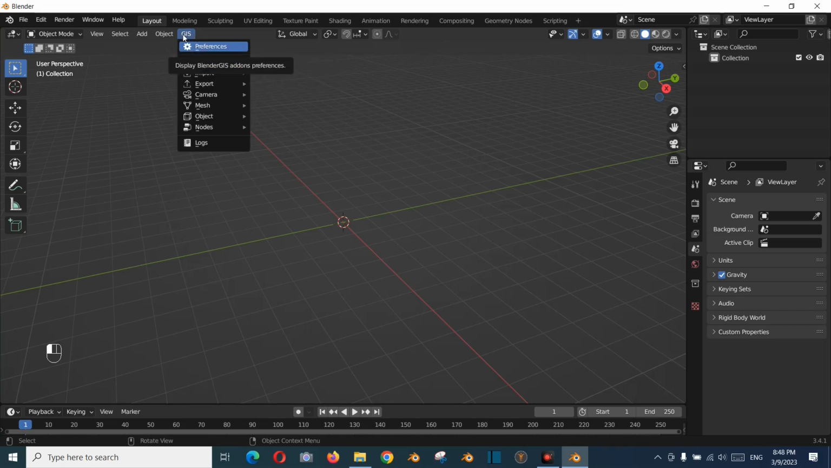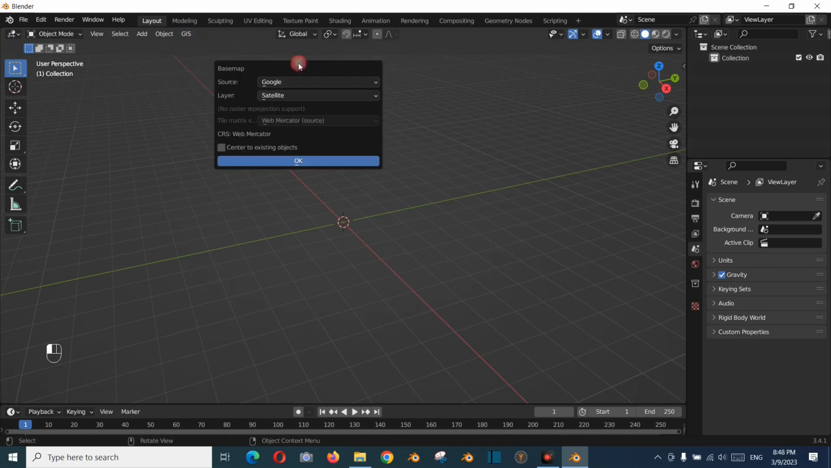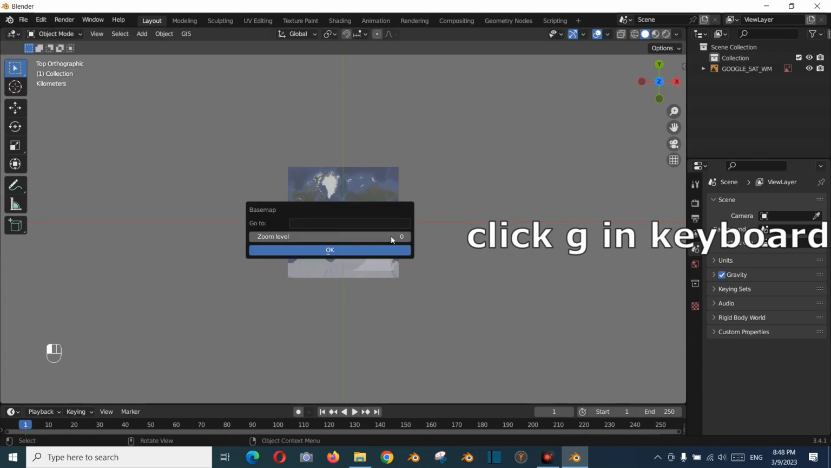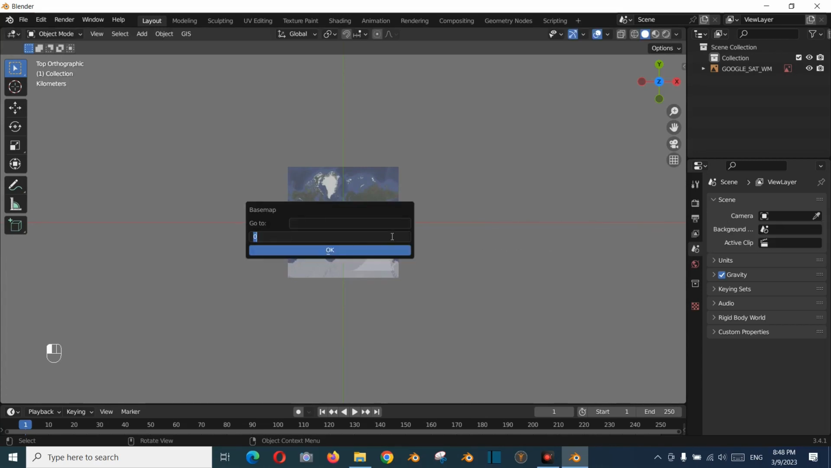So click GIS and web geodata base map. Click OK. Now click G in keyboard and the zoom should be 16. And here you can type any city in the world. I will write like London